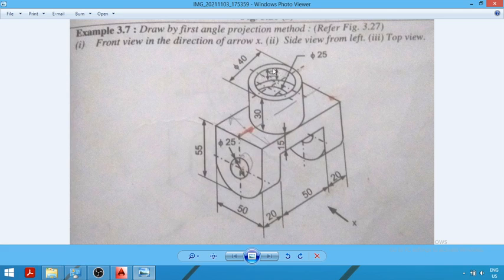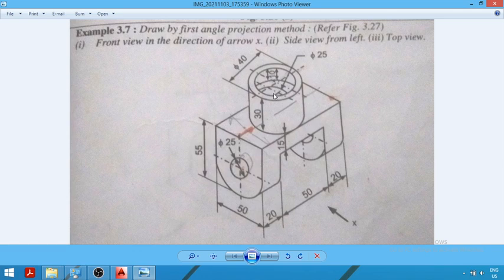Now I have said that inside this cylinder you can see two holes, the upper hole and this lower hole. Now we have assumed the dimension of this upper hole, that is the diameter, as 30 mm, since it is not given, and this lower hole is having a diameter of 25 mm. So now we have to draw the top view of two holes. Both these holes will be visible from the top. That is, if we see this cylinder from the top, both these holes are visible.